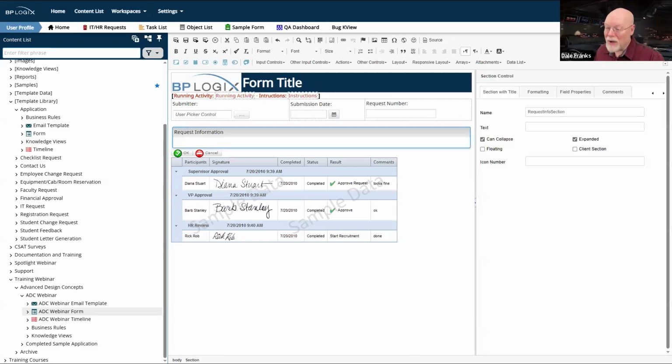First of all, there's a section control here. That is intentional. Remember, we talked earlier about our form and how the form is a hierarchy of containers. I am going to want to put controls in general into section controls, especially for something like this, where what we're going to end up with is a request information section, which is only going to be editable during the form submission. And then I want to lock that down.